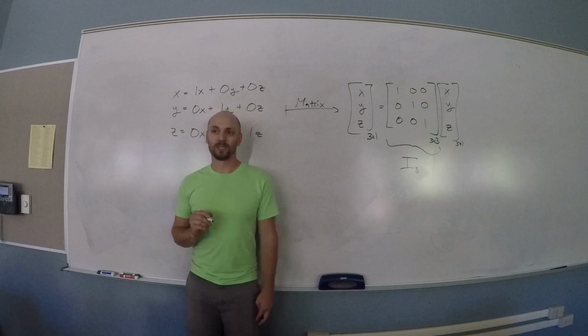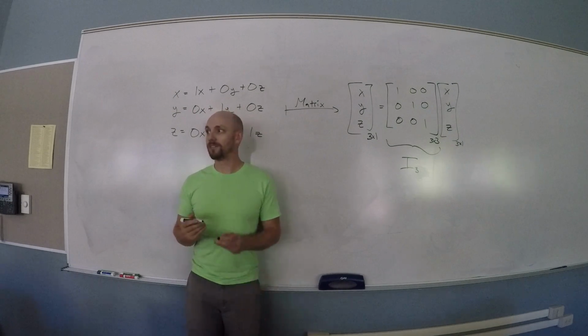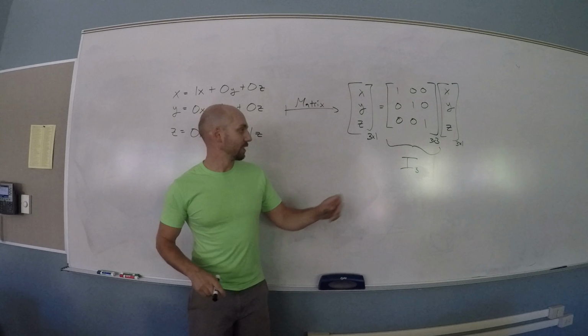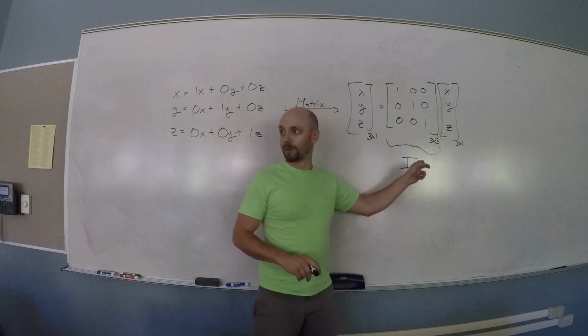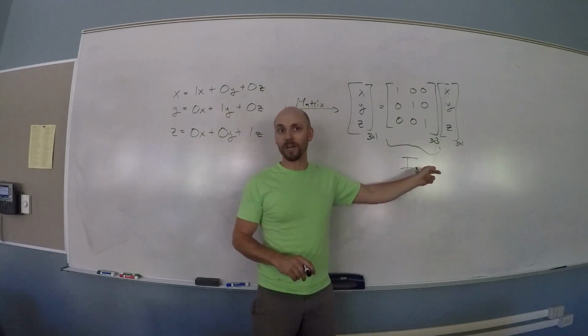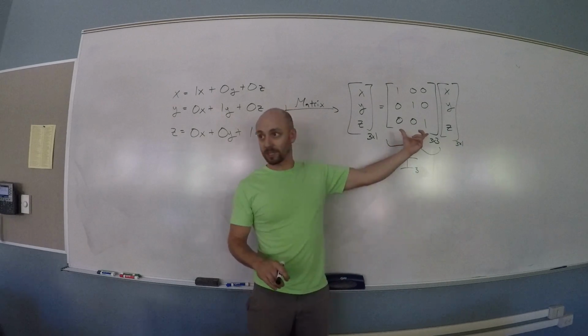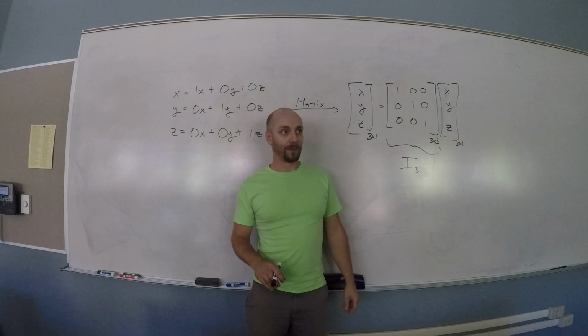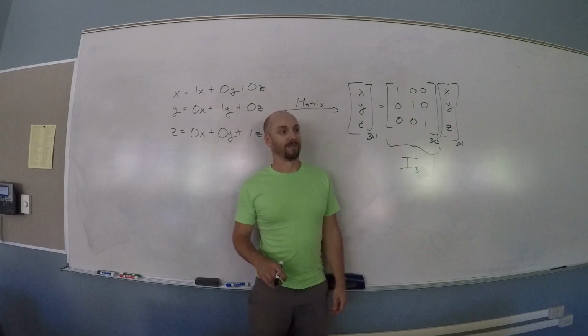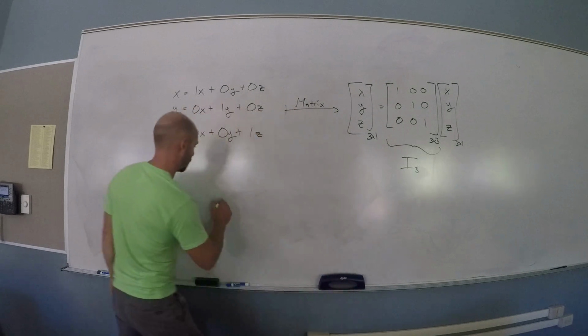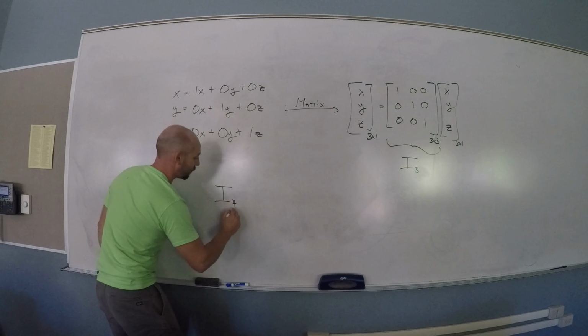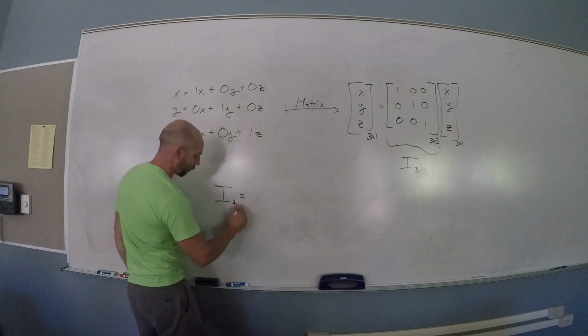You guys all good with this? If you go look up identity matrices on the web, you'll see some places they'll use I sub 3, some places they'll use I 3 by 3, whatever. They're the same thing. What they mean is this matrix. You all good with that? What would I 4 by 4 mean? It'd be the same thing with 4 by 4. So if I wrote I4 or I 4 by 4,